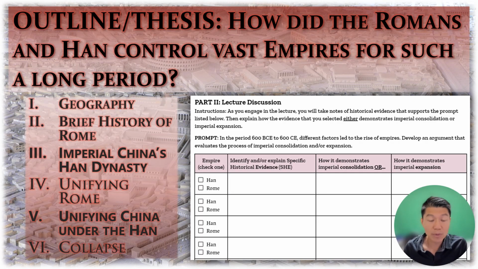So first of all, as you examine the contents of this lecture and the subsequent parts of this lecture, you want to be able to fill out the lecture discussion section. And so if you find ideas, you want to identify what that piece of evidence is and either explain how it brings together the empire, imperial consolidation and imperial expansion. So keep that in mind as we go through the process of the lecture. But we're going to start off here